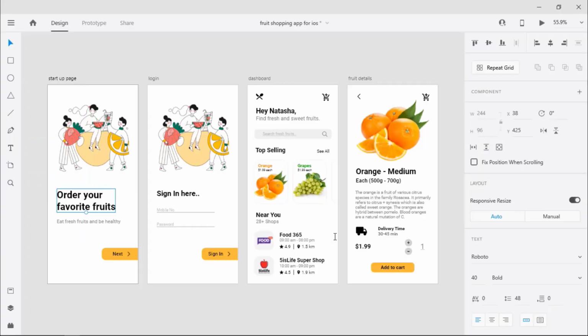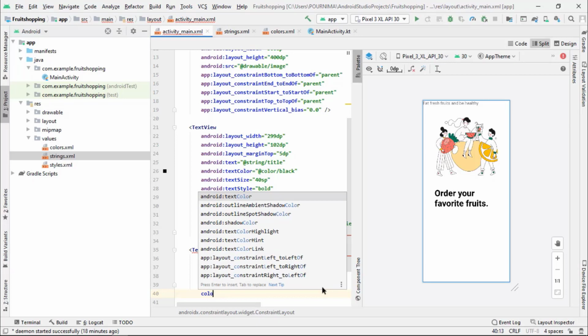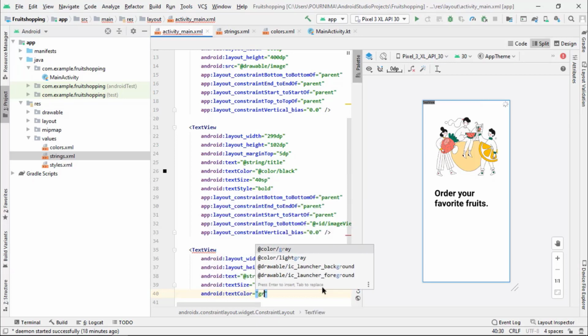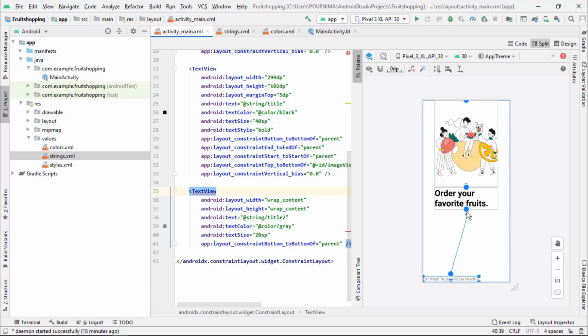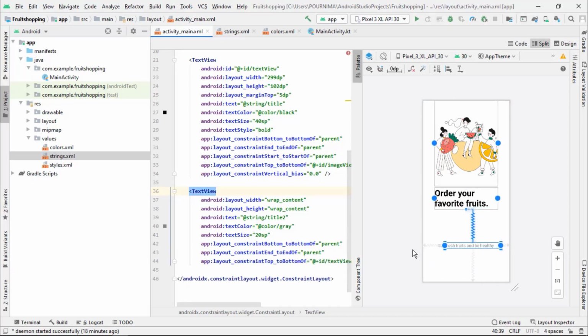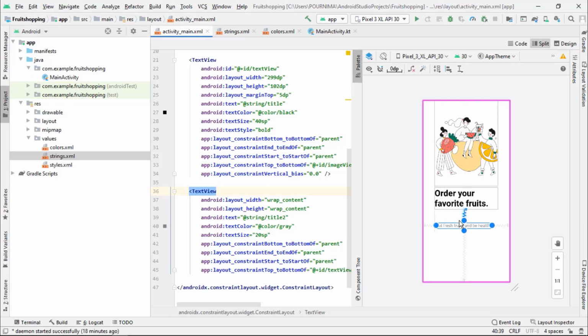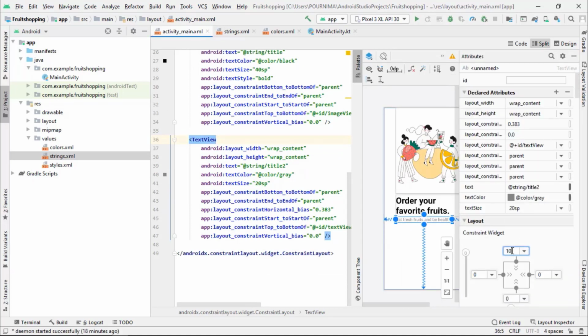Text size is 20 and the color is gray. So let's add the text size which is 20 sp and text color is gray, and adjust the constraints. Top margin will be 10.